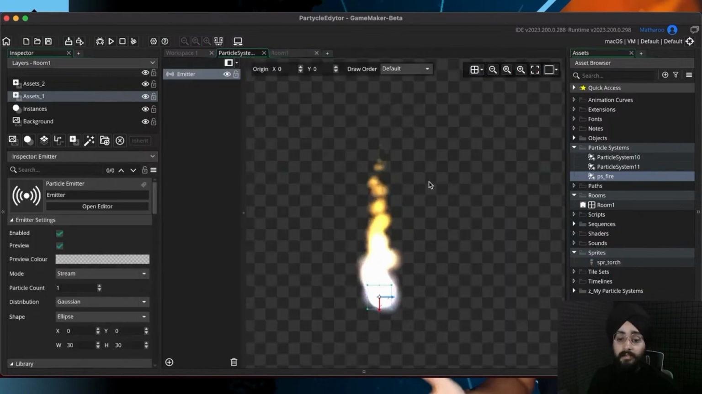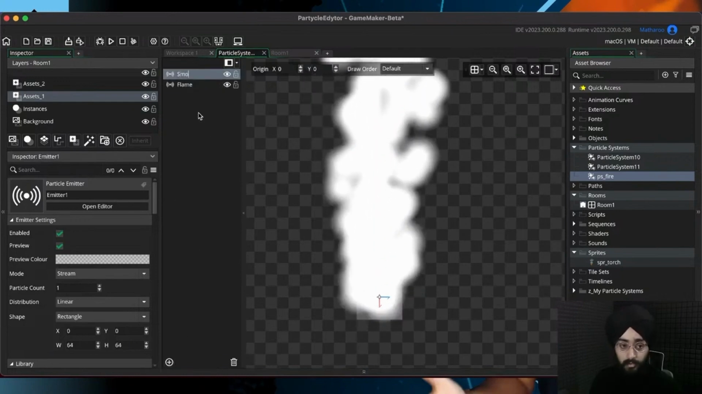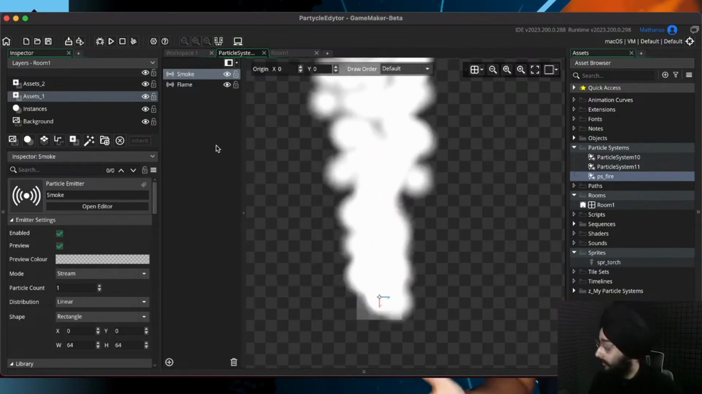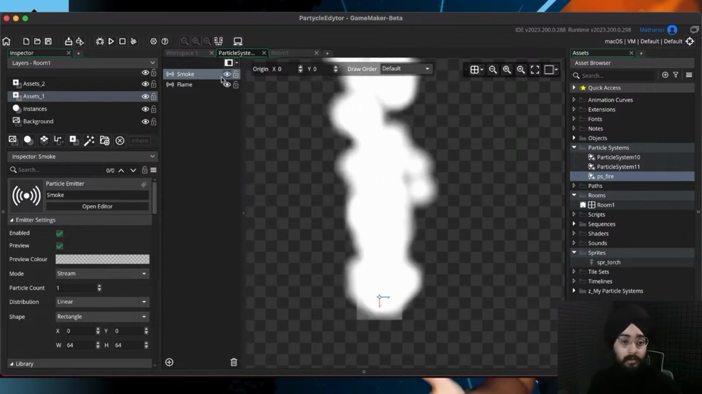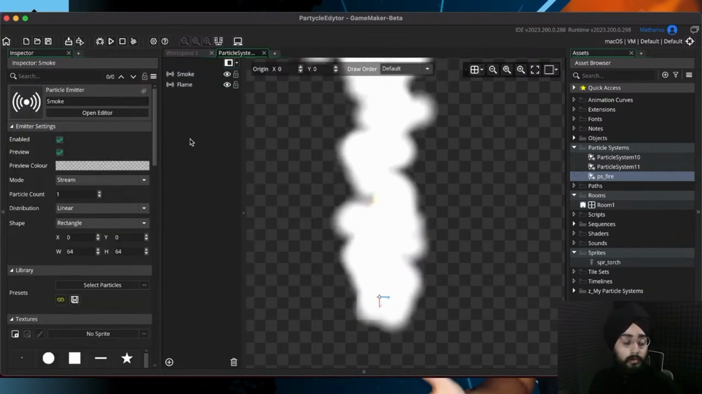You can add a couple more emitters to this. For example, I want to add smoke, so I'm going to add that really quickly. I'm going to rename this one, first of all, to flame. Then I'm going to rename this new emitter to smoke. Let's make this be a smoke emitter. Let me close the room and